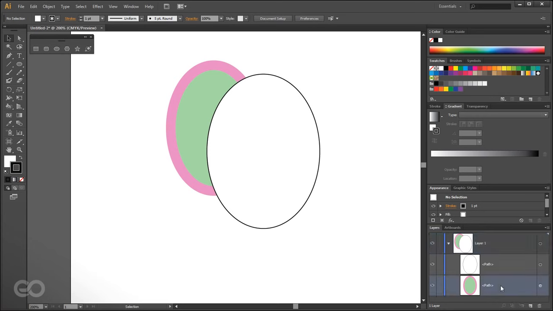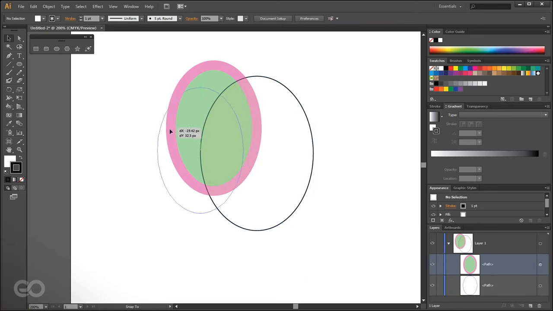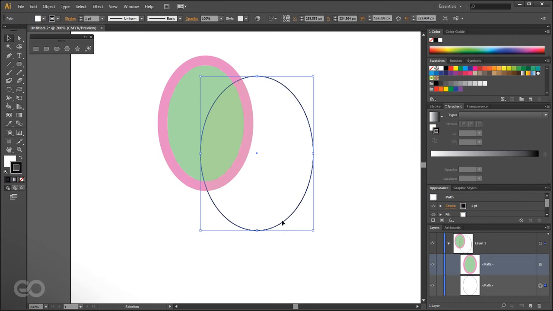So what this is telling me is that this green and pink paper, or this image which I have, is at the bottom of the white paper, because of which the white paper is obviously covering this one. So instead, what I can do is just select this object and drag and drop it on top of it. As you can see now, immediately I have this green object which is basically sitting on top